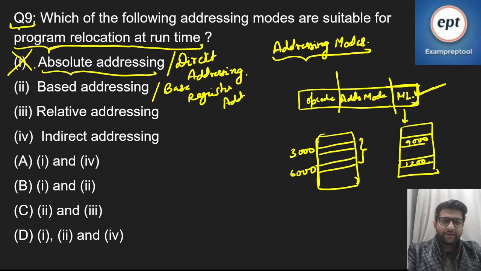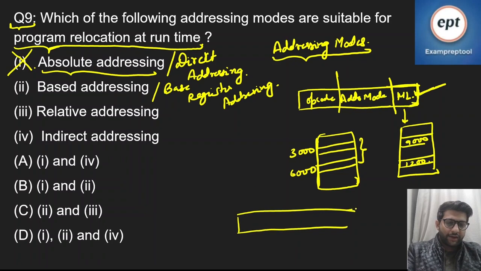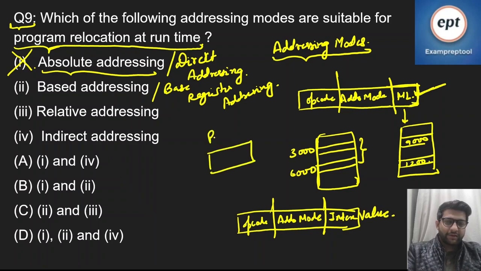So this is false. The second one is base register addressing. What will the format look like? There will be an opcode, again the code for the addressing mode, then the offset value or index value, and then a base register